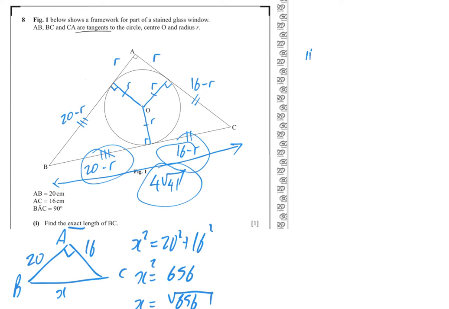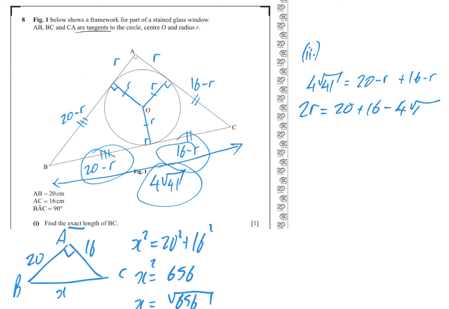So part 2 asks us to show that R was equal to whatever it was. I think it was 5.19, we'll see in a wee second. But we know then that 4 root 41 equals 20 minus R plus 16 minus R, which works out to be, if I move the two R's across to the left hand side, 2R is equal to 20 plus 16 minus